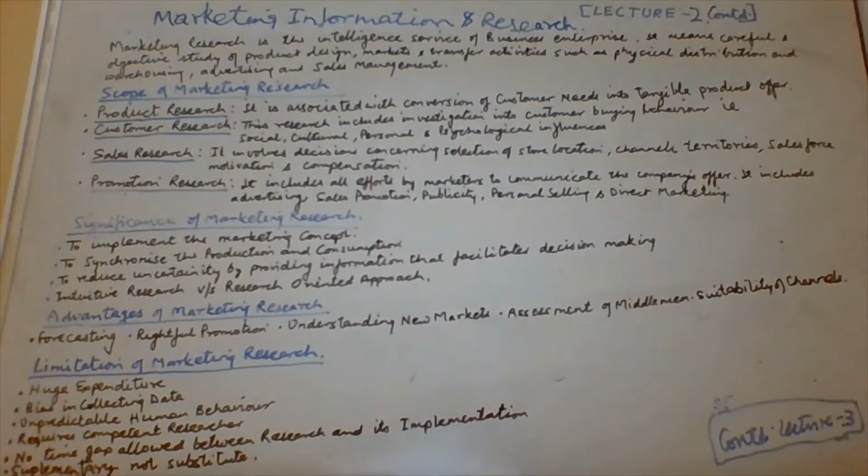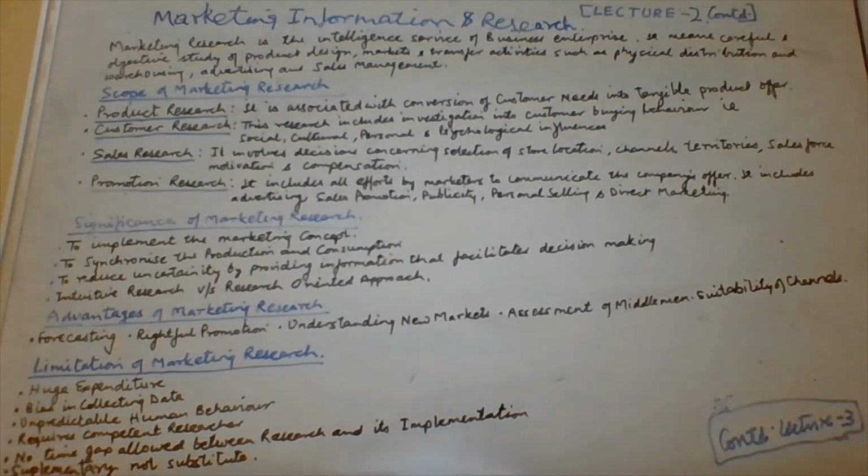Now, third is the understanding of new markets. When we go to the market, or when we want to get the pulse of the market, it becomes very evident to go out and search for a new market, or to understand the new market. The new market means that when you are coming out with altogether a new product, launching the product into the market for the first time, one has to understand how to develop a new set of customers, or how to cater to their requirements.